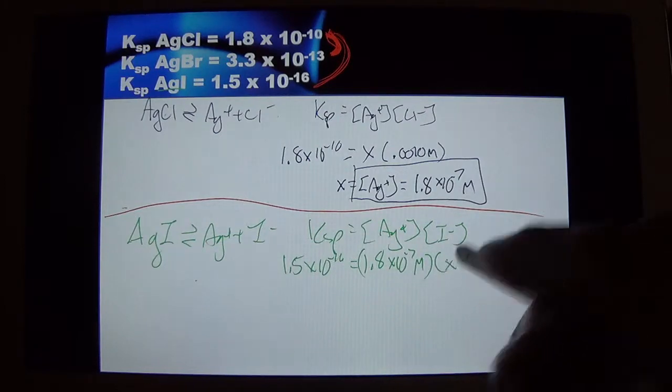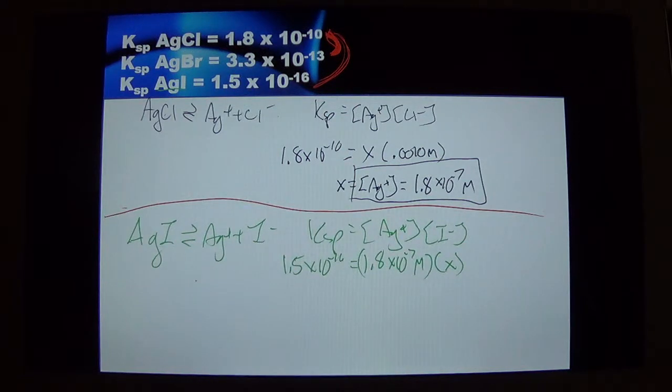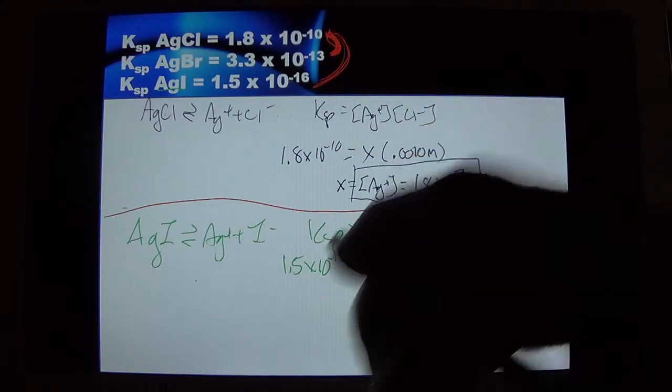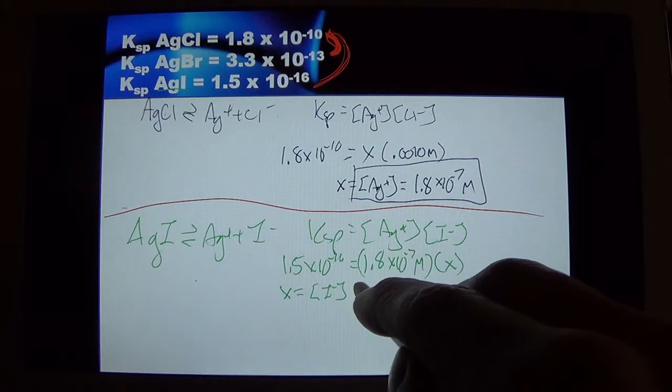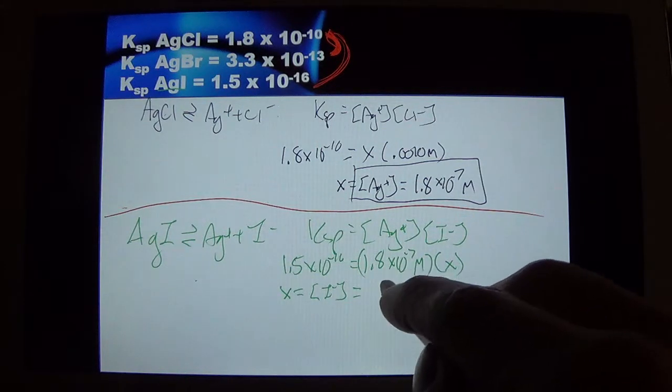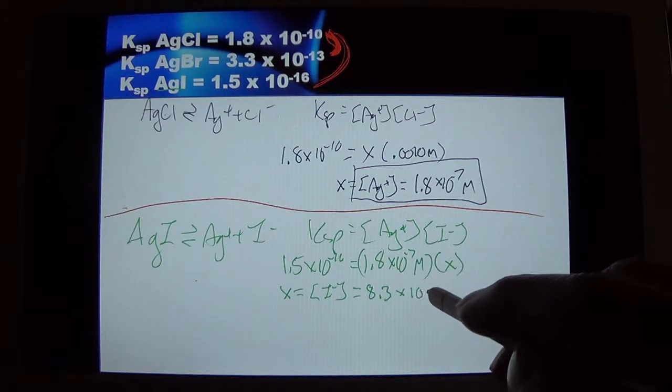Now I'm looking again for the I in this equation. So we have fun with our calculators yet again. We're going to take our KSP and divide by the silver ion concentration we first calculated. Same silver ion concentration because I'm working in the same beaker. And X, which is the concentration of iodide left over, is 8.3 times 10 to the negative 10